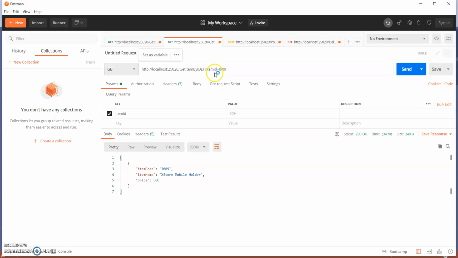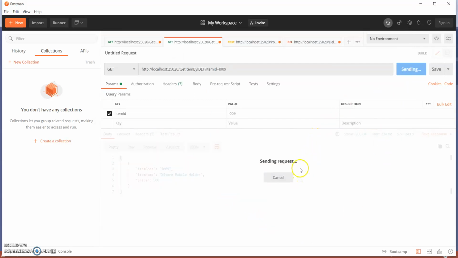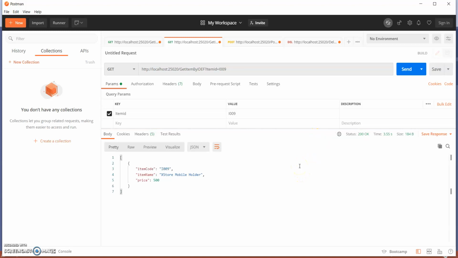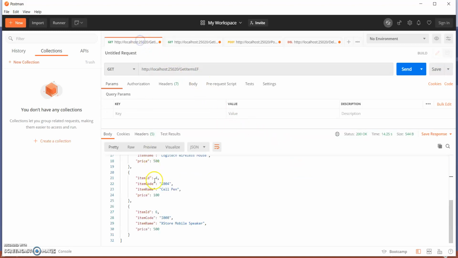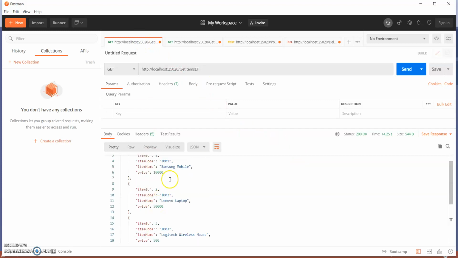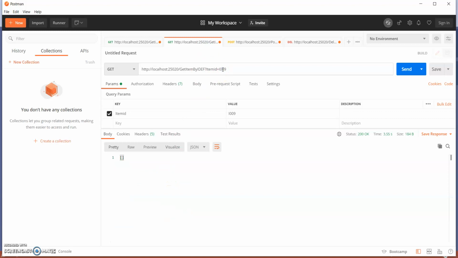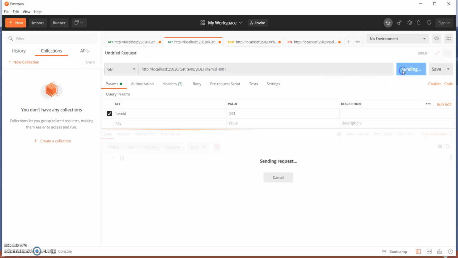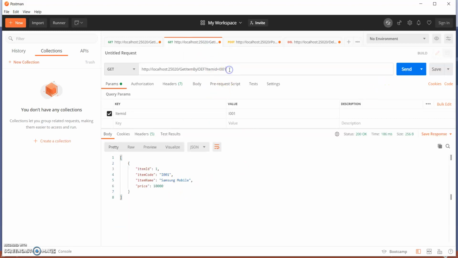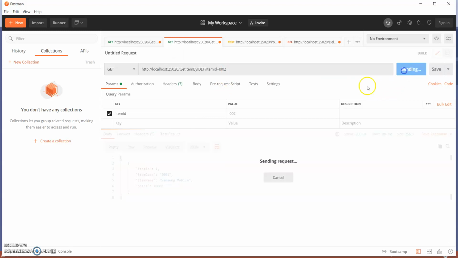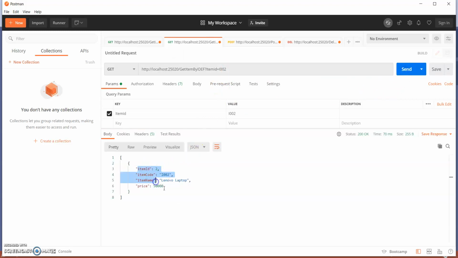I changed the API. There is some error. Why? I think the code is not there. Let's check the code once more. Yes, it is coming. In this way, you can fetch the data by ID also.